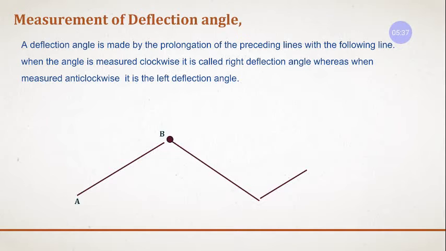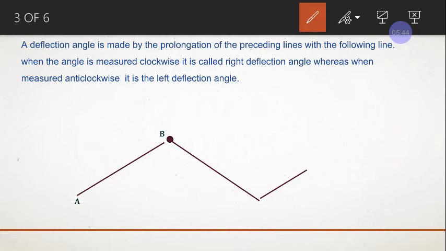Then what we'll do: the station is at point B. From here we will bisect the point A with the help of the theodolite telescope. Then we will transit. What is transit? Turning the telescope through 180 degrees. Now you are looking this side, and you turn 180 degrees here, and you will look in this direction.